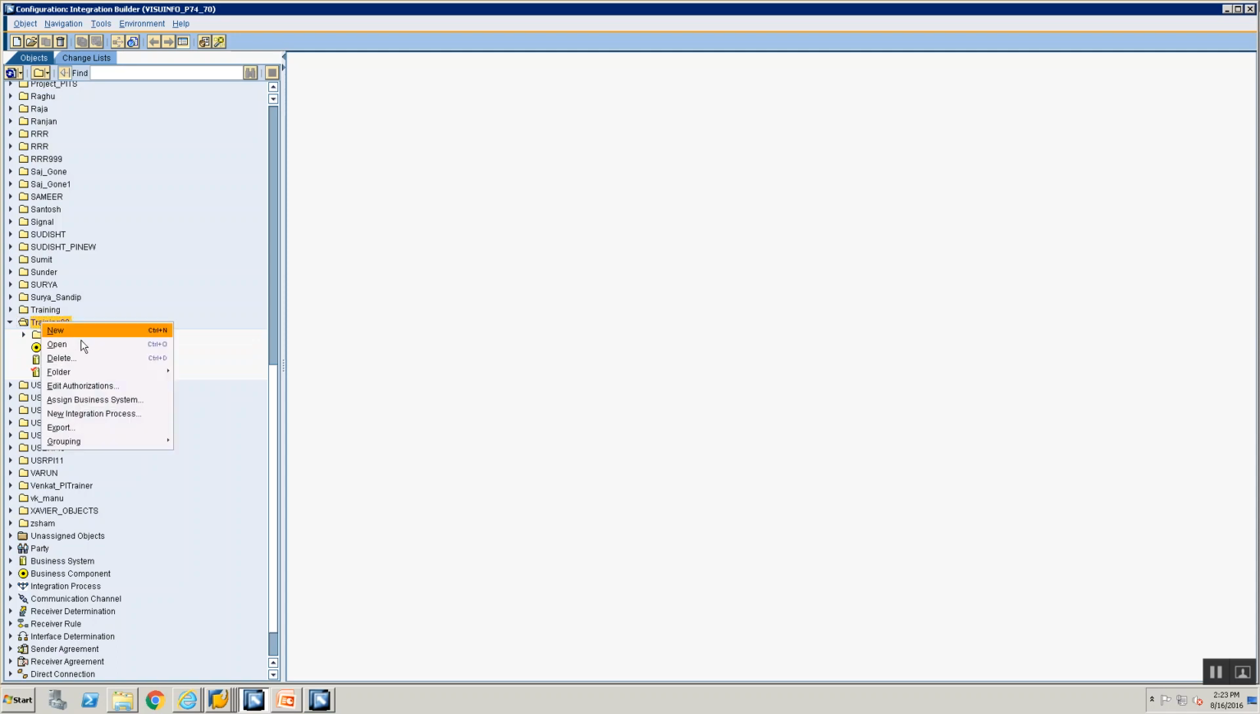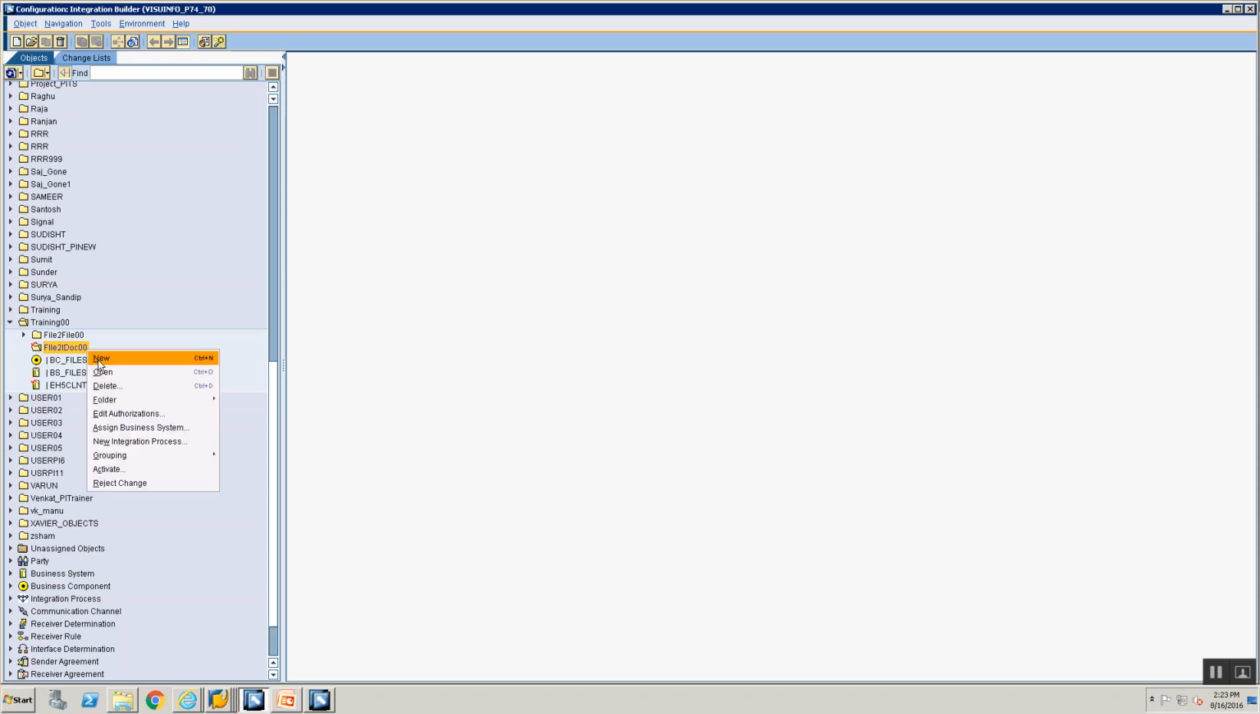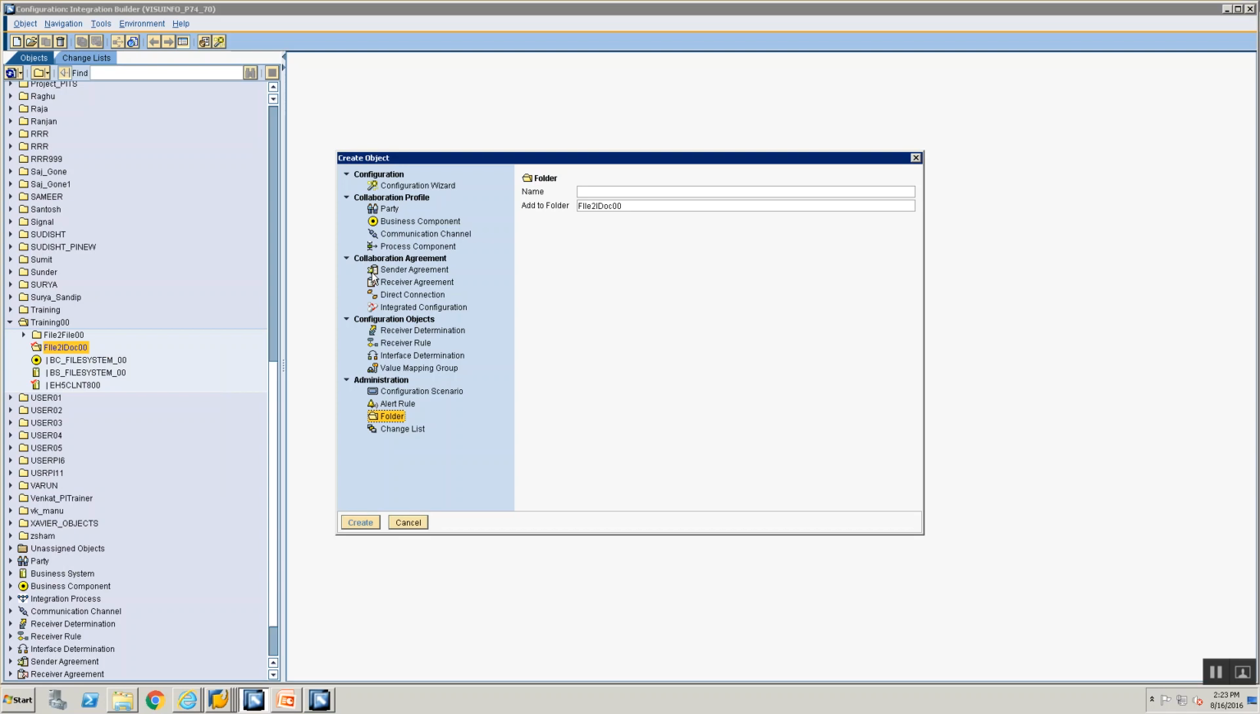Okay, so now let's create a new folder called file to IDoc 00. Okay, awesome. So now let's go ahead and configure our interface. So what was the first thing you would need to do? You will need to define a sender communication channel, and the sender communication channel is going to be under BS file system